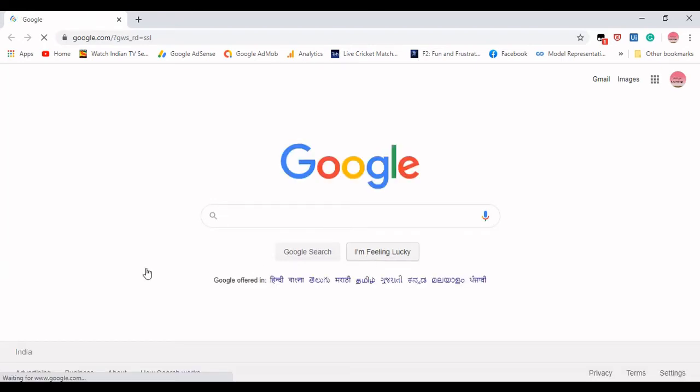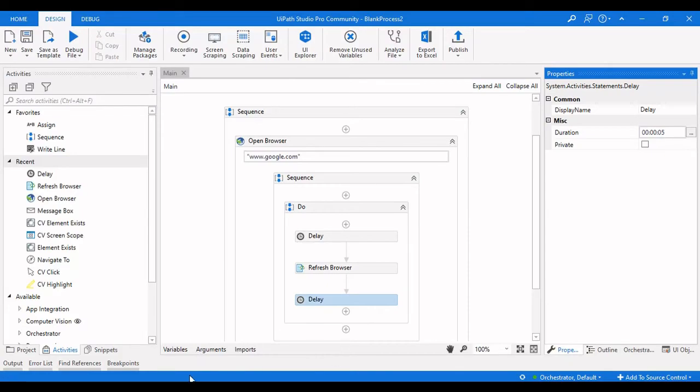Now the robot has started, and we can see Google is open. Now it will wait for 10 seconds, then it will reload this again and then wait for 5 seconds. Now you can see it has refreshed the present web page, it is waiting for 5 seconds, and it is closed.